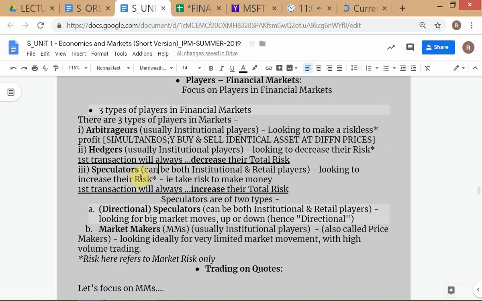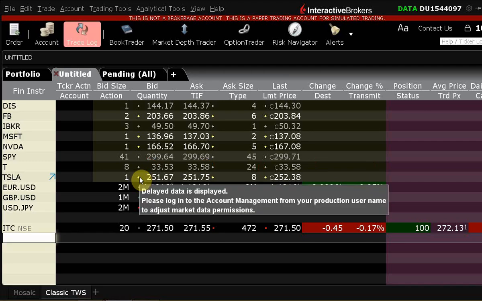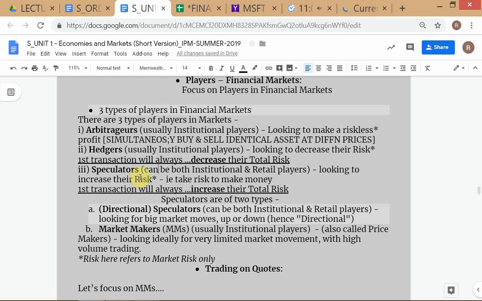All right, okay guys, let's go back to our discussion very quickly. We need to finish this. Is everyone clear so far about speculators? You understand arbitragers, you understand hedgers, how hedgers reduce their risk. The first transaction will reduce their risk. Now let's come to speculators, and why am I distinguishing between two types of speculators? You can see easily that in both examples, the example I gave for Tarun and for myself, when we bought ITC and TCS, the first transactions have increased our risk. So we are speculators.